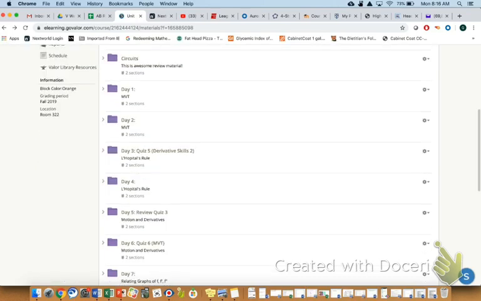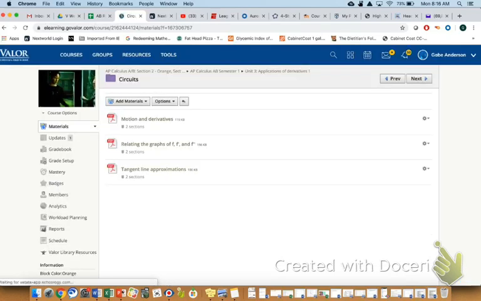Look at the very top folder: Circuits. This is awesome review material. Pretty much from here on out, and there was some of this in the unit too, I'm thinking about a test coming up later this month. If you were looking for more practice material, things to do, and this being in an interesting format, these circuits are awesome. You click on this, and you see 3 of them: motion and derivatives,